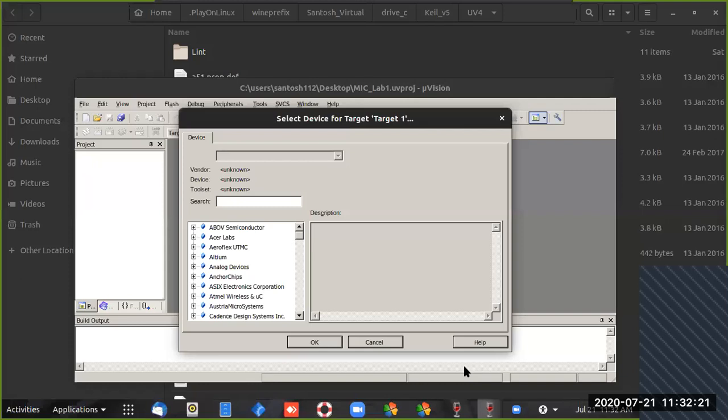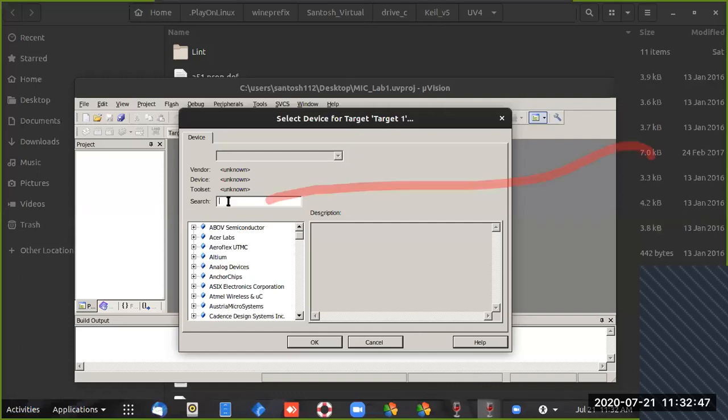Whatever code has to be executed should be burned into that particular chip. So first you have to observe the hardware board, then on that board, which microcontroller IC and which manufacturer, get the details from that board and select the particular IC. Today we are going to select the IC of Atmel.